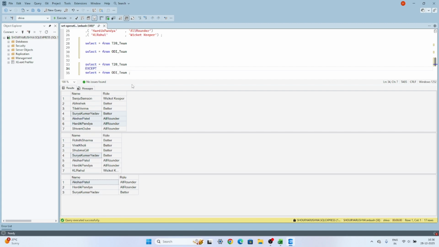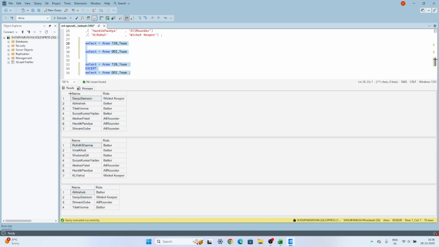Okay, so now let's run these three queries together. The first query is the T20 team, the second query is the ODI team, and this one is the result of the EXCEPT set operation. As I already mentioned, if you use the EXCEPT set operation, you will get as output the players